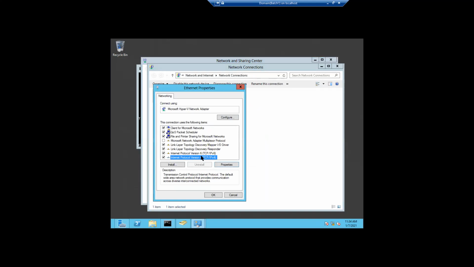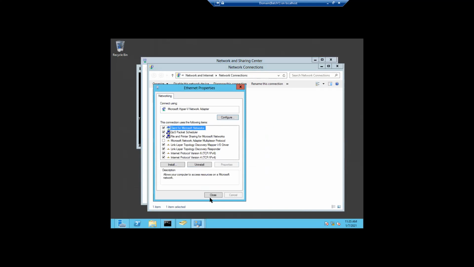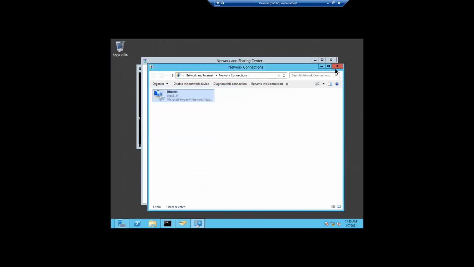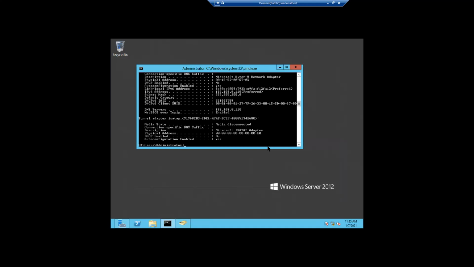So what I will do, this is IPv4. We will go to IPv6 also. We'll see whether maybe it is there. Yeah, see, you can see here, this is assigned here, right? So from there it is getting it. So I am closing this. Now we'll try whether it is corrected or not. Yes, nothing else is there except our DNS or IP address. So it means now it is okay.